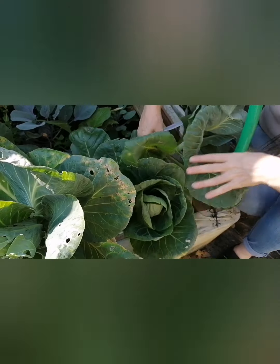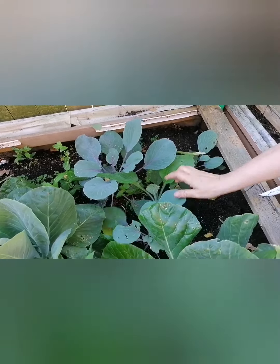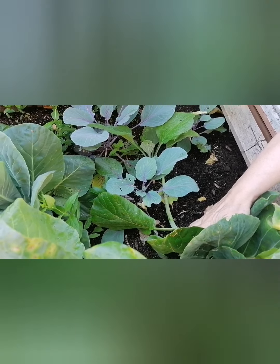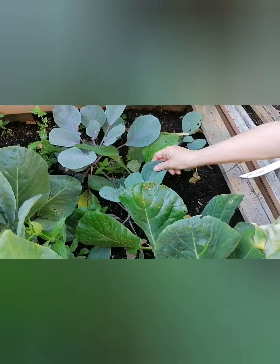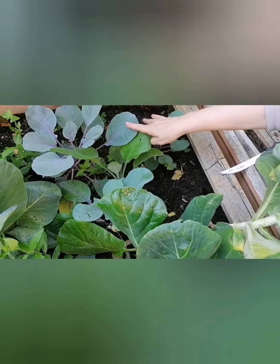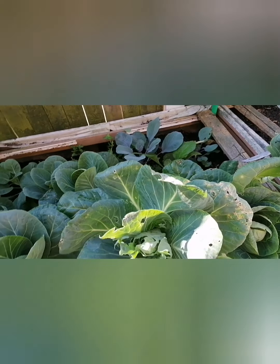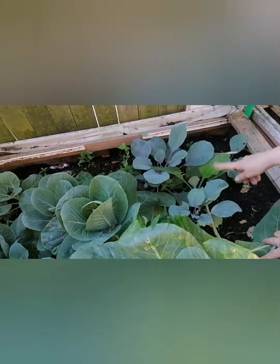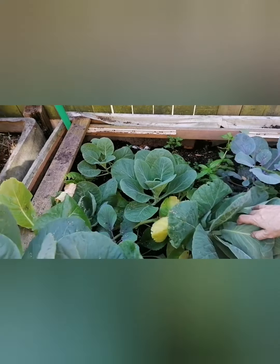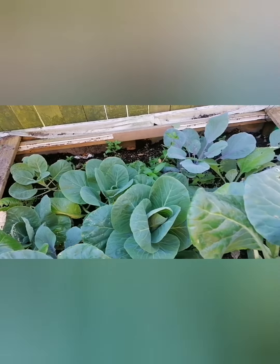I don't know if you can see, but I've got some red cabbages, I think they are, in between. Do you know, I can't remember. I think they're going to be a red cabbage, if not a kale, but it looks like a cabbage leaf to me anyway. So I've got those coming in between, and I just quickly did a count. I think I've got about 5, so it's 1, 2, 3, 4, 5, yep, 5 what I'm calling red cabbages